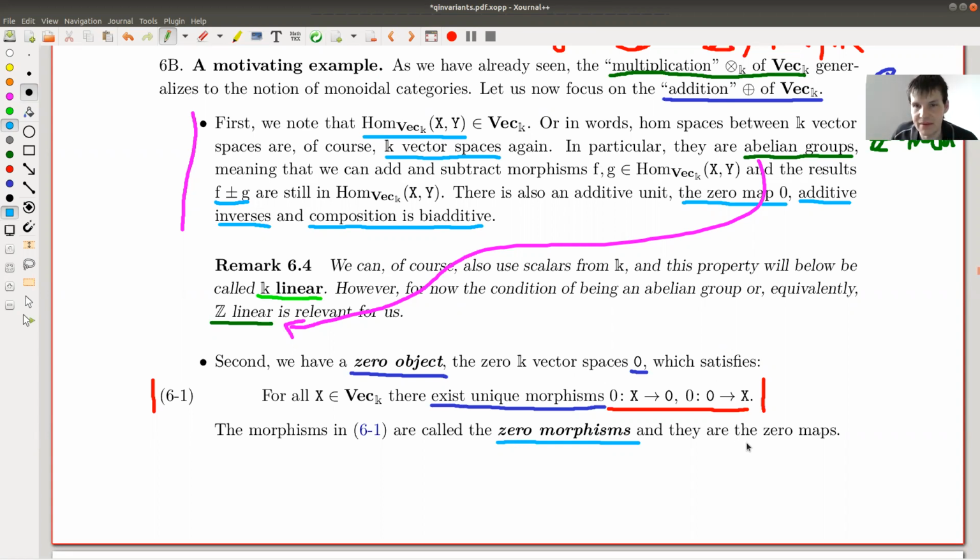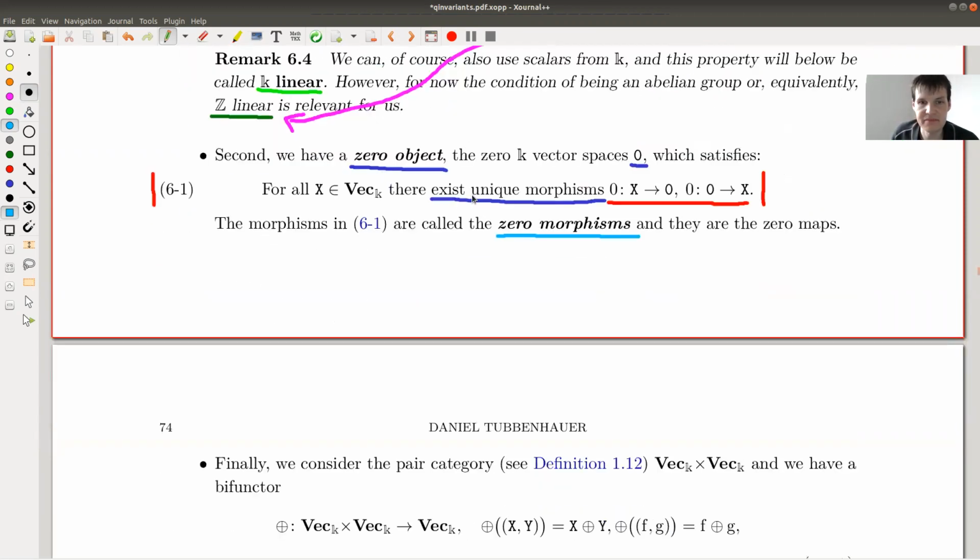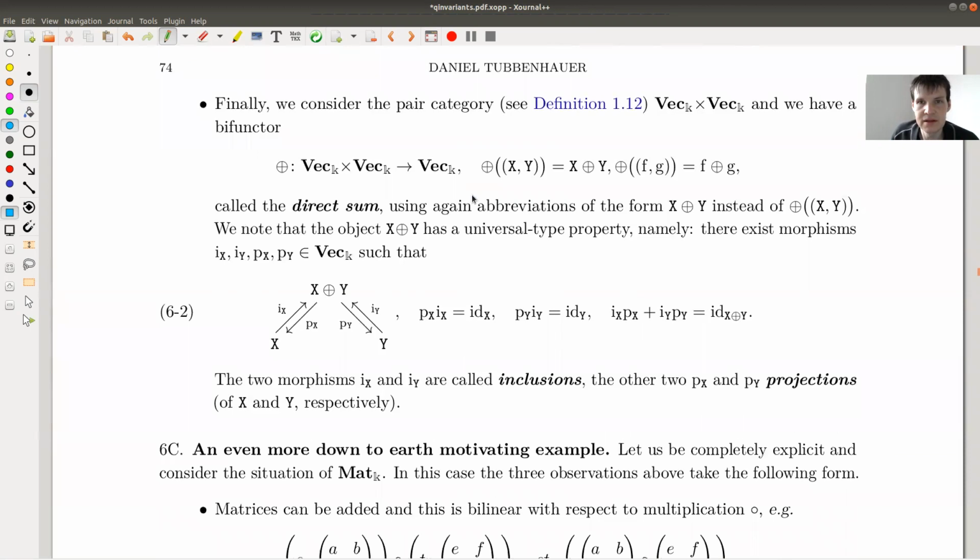And yeah, there are zero maps. Again, not a really exciting observation. That's just what it is. Third property, slightly less obvious if you write it down, completely obvious of course, but slightly less obvious to think about, is that you have a direct sum operation. A direct sum of vector spaces is just a direct sum of vector spaces. If you want an explicit example, k plus k is of course just isomorphic to k squared, right?